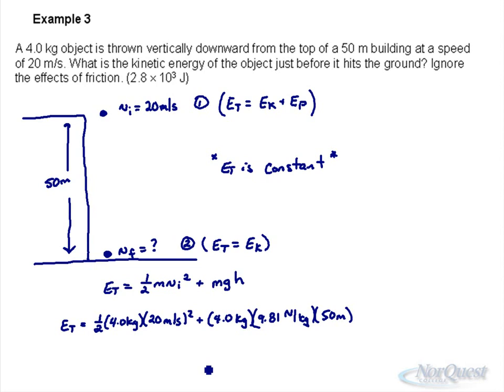And you should get 2762, which when we go to the appropriate significant digits should be 2.8 times 10 to the 3 joules. So be careful. If you really understand those two diagrams, those examples, you'll look at that bar graph and